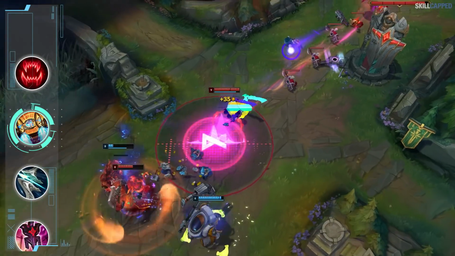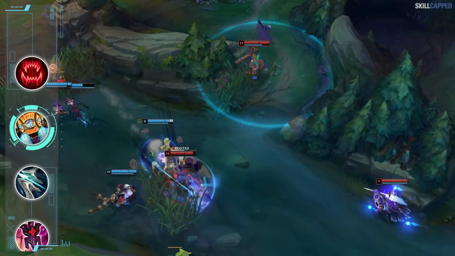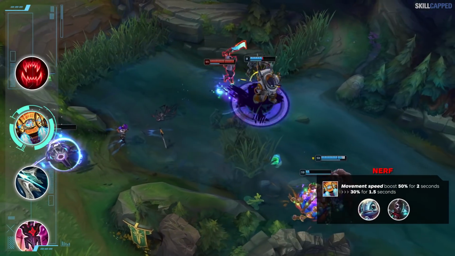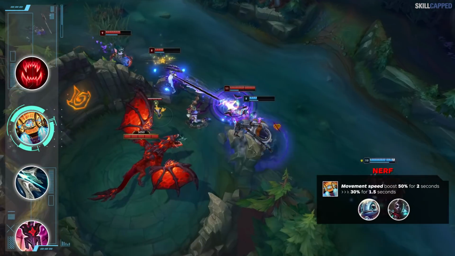For the second patch in a row, Rocket Belt has been nerfed, and this time it's a straight up nerf. The move speed boost has been lowered from 50% for 2 seconds down to 30% for 1.5 seconds. This will slightly hurt champions like Fizz and Ekko, whose engage capabilities when activating that speed boost from Rocket Belt